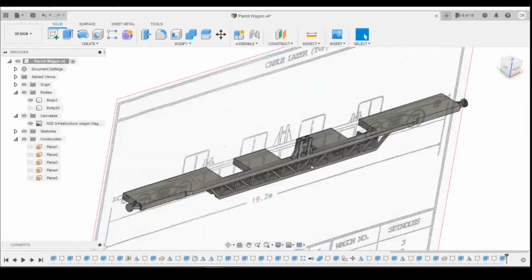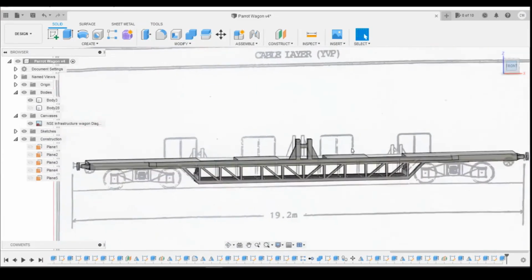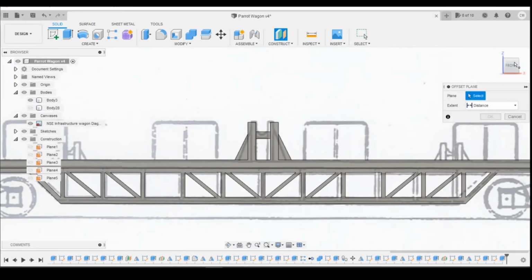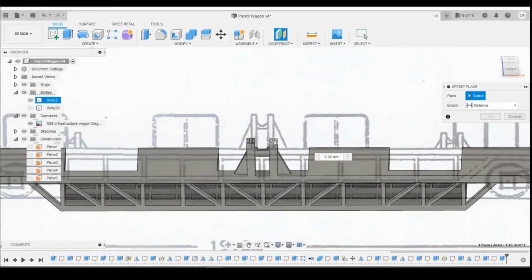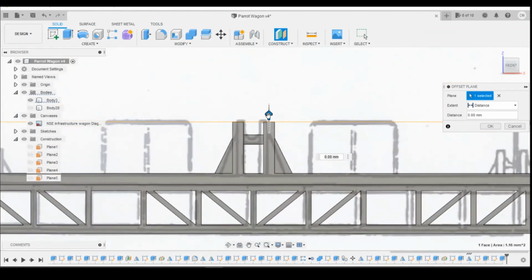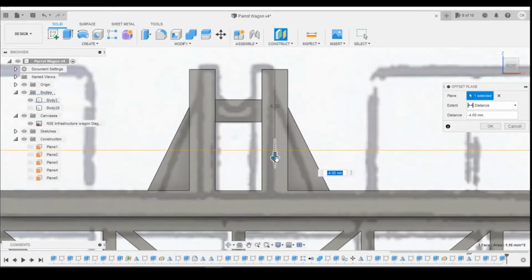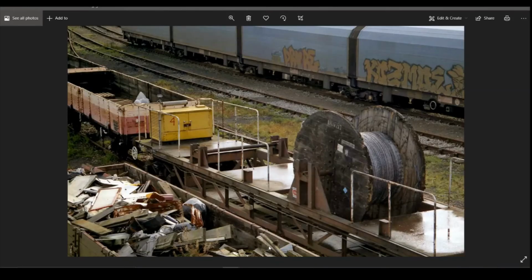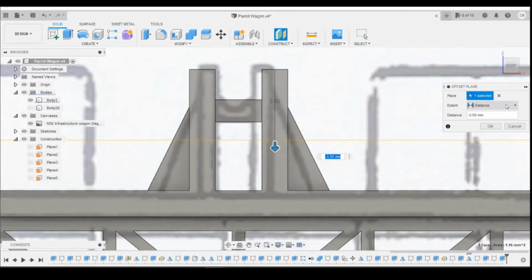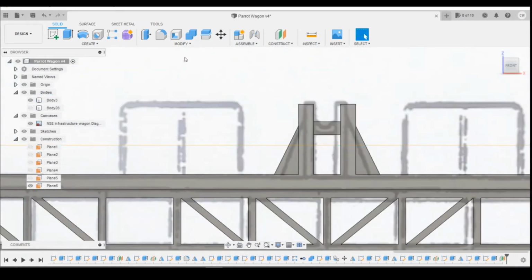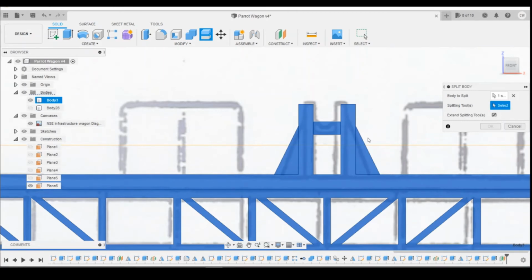So the next thing I'm going to do is create the lower of the three cradles here, and I'm going to do a slight little cheat for this actually. I'm going to create an offset plane, coming from the top of the cradle we just drew, and bring that down that height, I think. Maybe a little bit less actually, maybe 3.5. Okay, and then I'm going to cheat. I'm going to split the body, selecting this base model here, with the splitting tool being that offset plane. Click on OK,